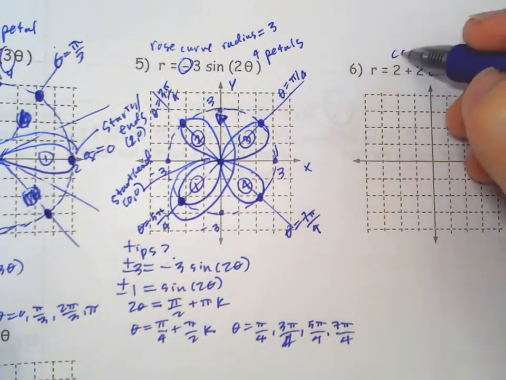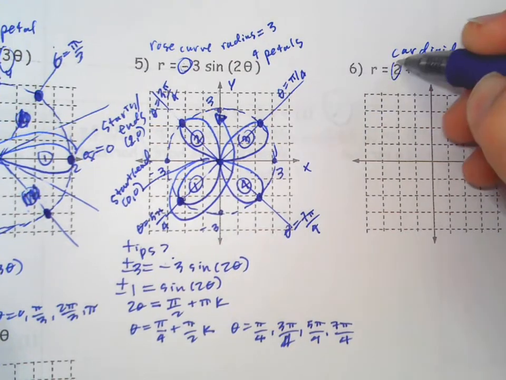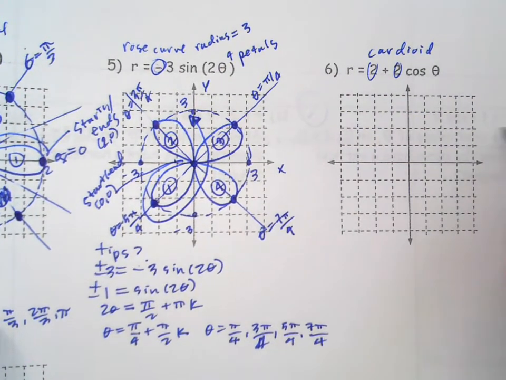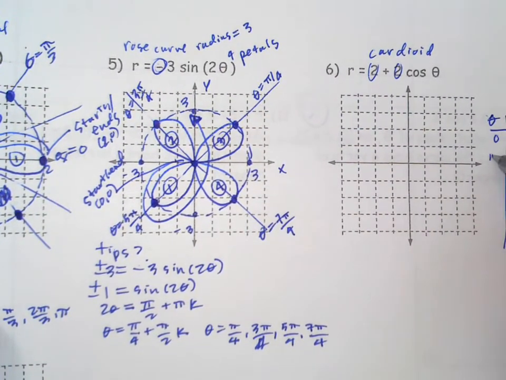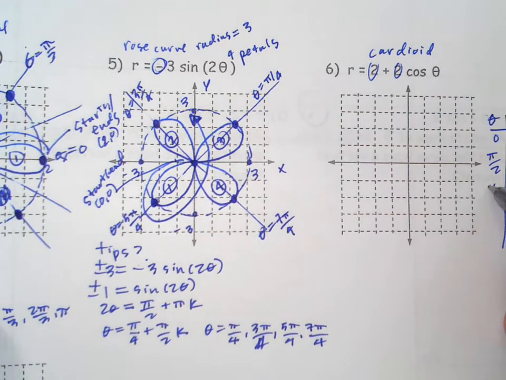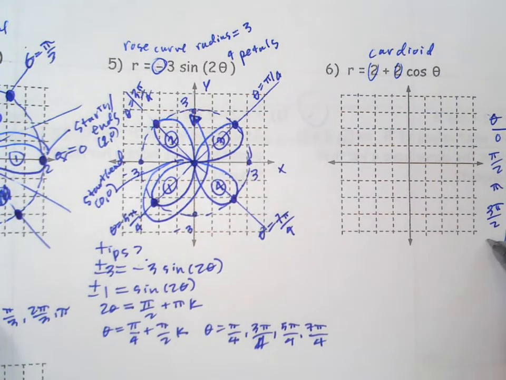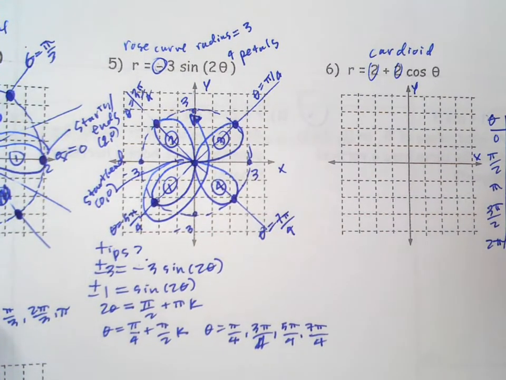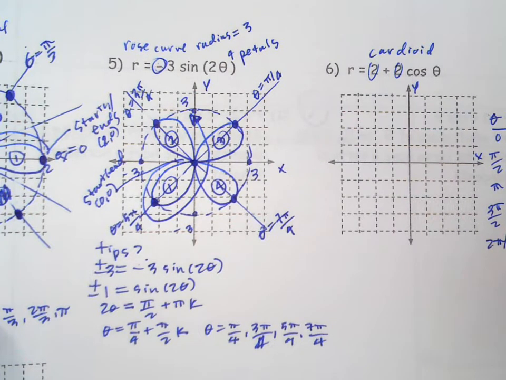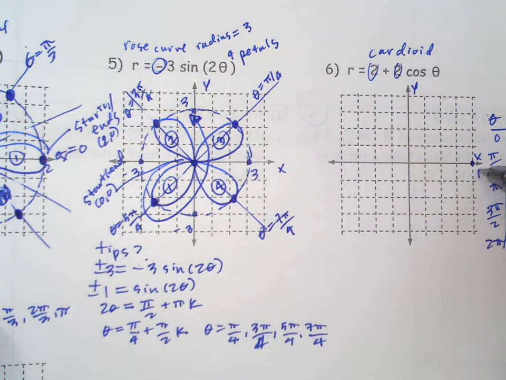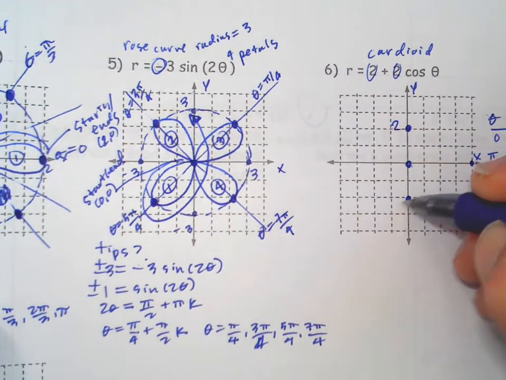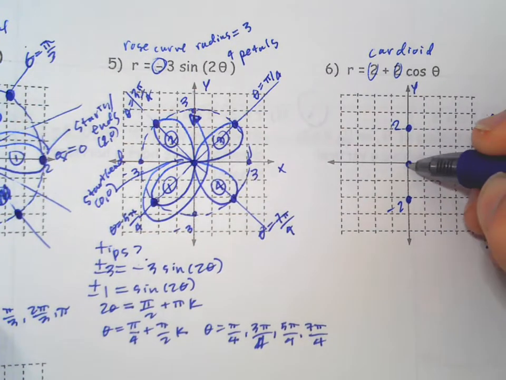Next one is a cardioid, because these numbers are the same. As far as the limaçon family, I would do a quick table. It should be sideways, horizontal looking, which my table will confirm. So you plug 0 in there and you get 4. You plug pi over 2 in and you get 2. You plug pi and you get 0, 2, 4. So we're going to go all the way to 4 here, and then 2, and then 0, and then positive 2 down here. It's going to look like